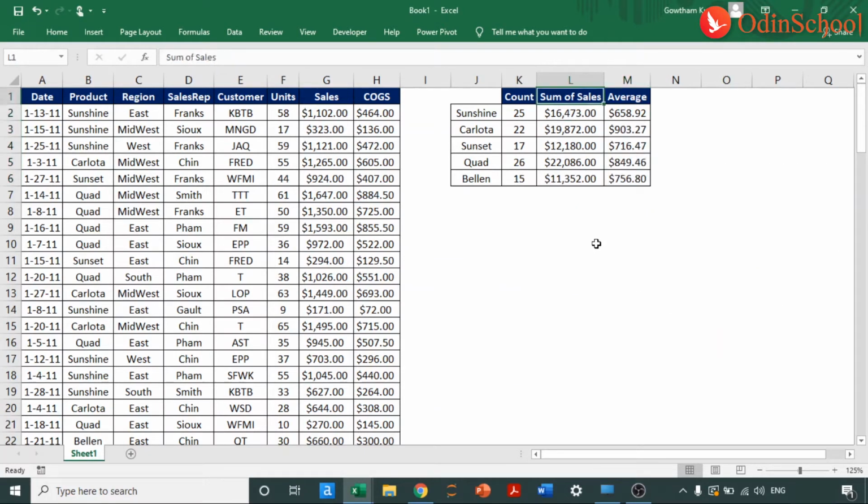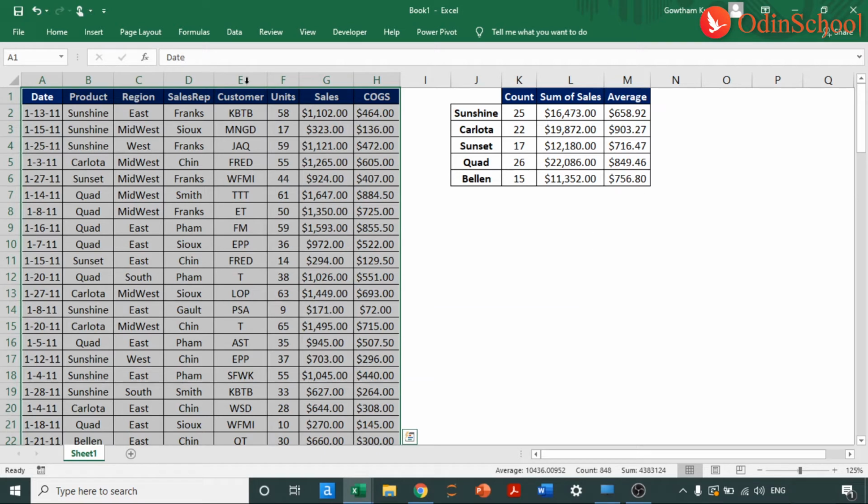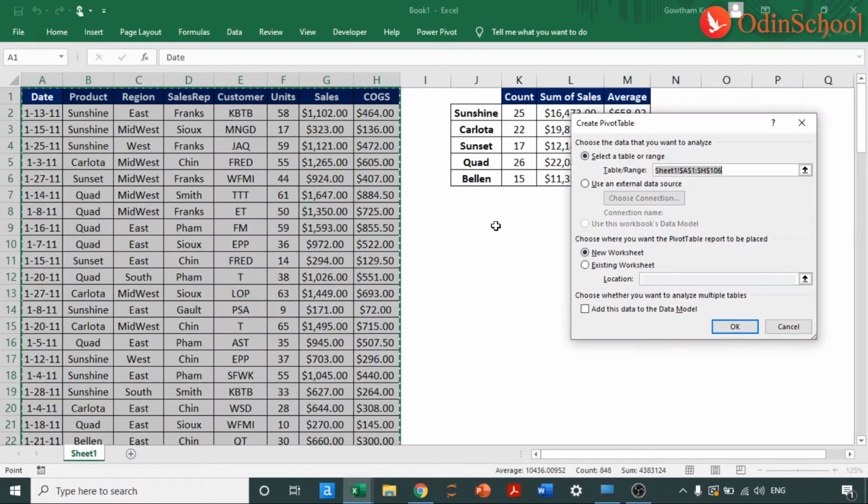So basically, to understand how many products have been sold and how the distribution is, Sunshine has been sold 25 times, and the sum of sales for Sunshine is this much and the average sales is this much. But we have to write so many formulas here, and someone who's new to Excel and doesn't know formulas will find it really tough to summarize the data at a higher level. So rather, I'll choose the table, go to Insert,